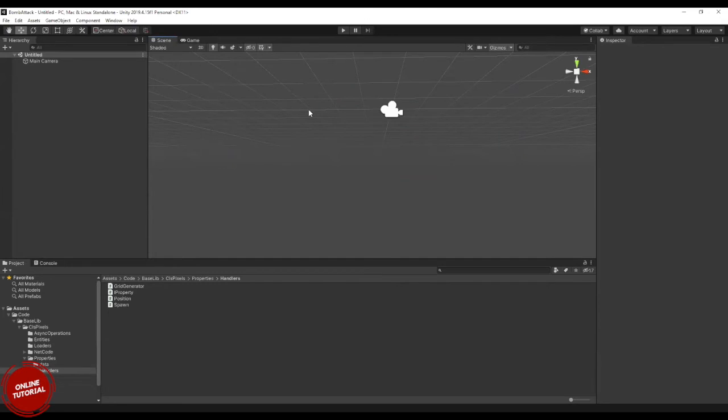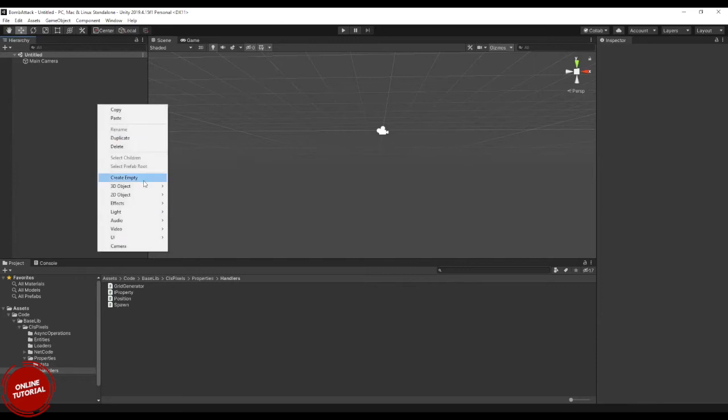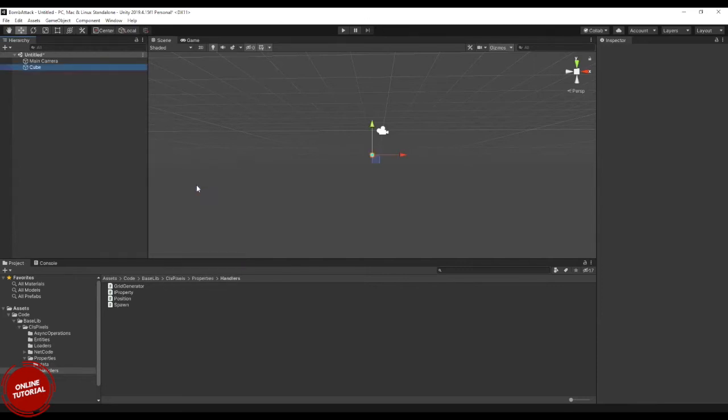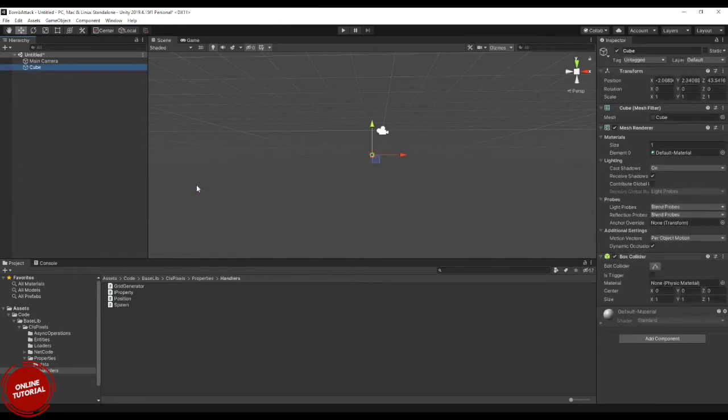Scene is where you place your things. You can place all your objects, any element you want to render in your game, on a scene.